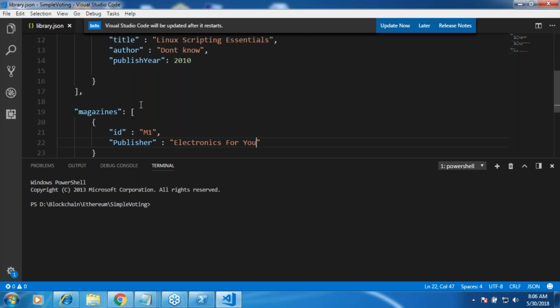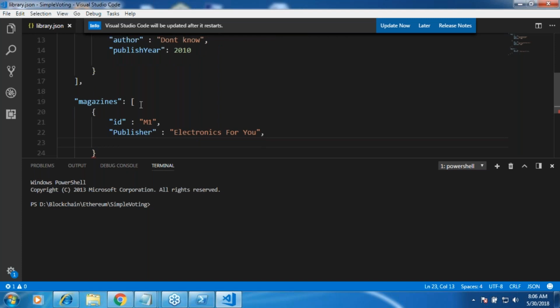Okay, I'm not sure what is happening now. All right, and then you would not have publish year, but you will have something called volume. Okay, so you will give some volume number. Volume number could be a string, 2018. What is this? May. Okay, so they will have some kind of volume, and I will write about one more magazine.